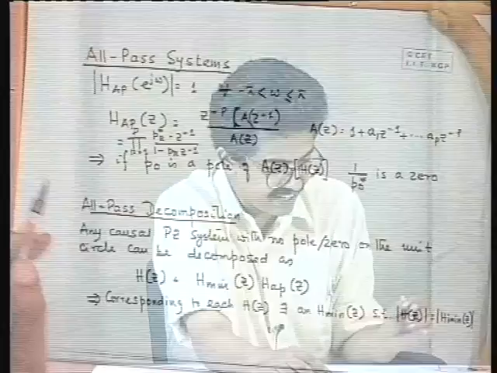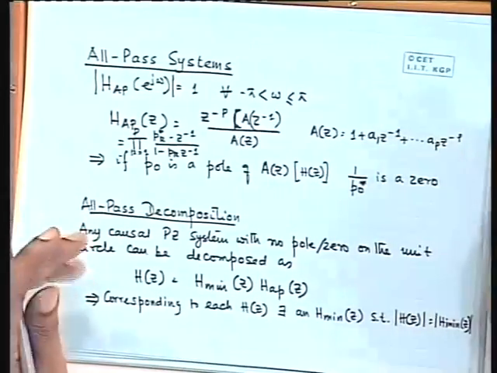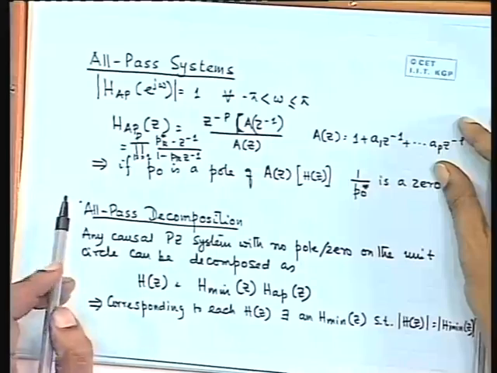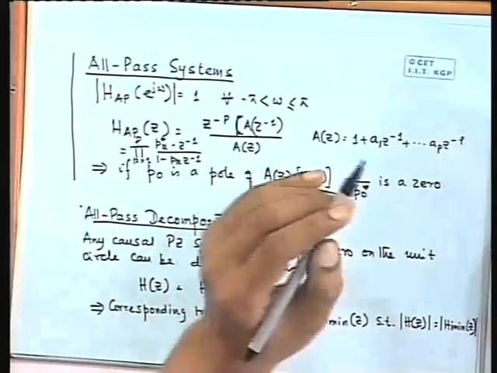This merely says that I will not do it. I will just say that there are some all pass filters. All pass filters, their magnitude response is 1 at all frequencies. Only their phase response changes, right?